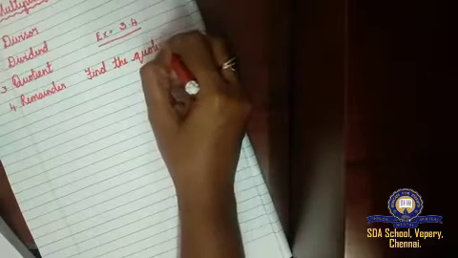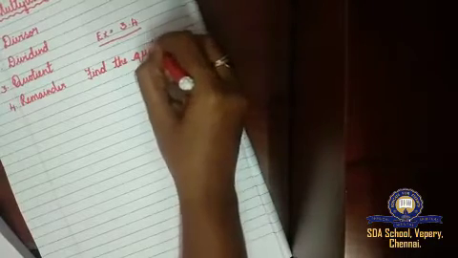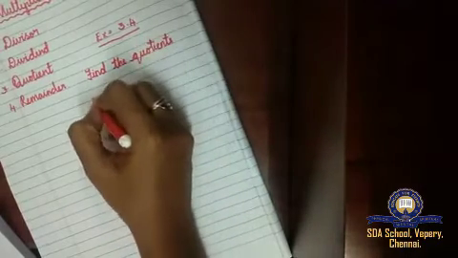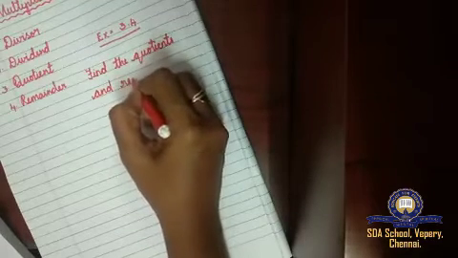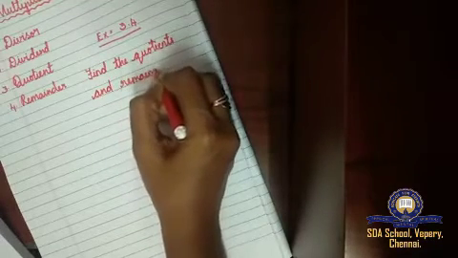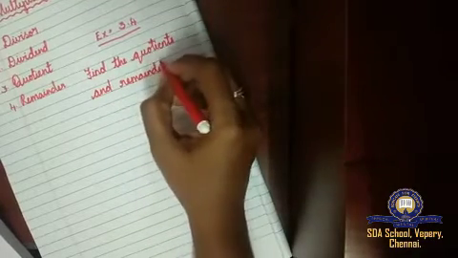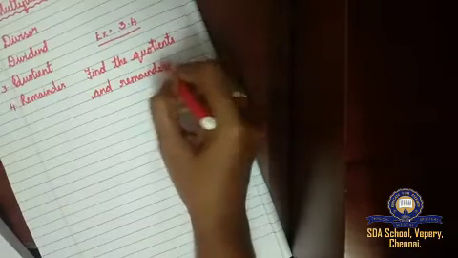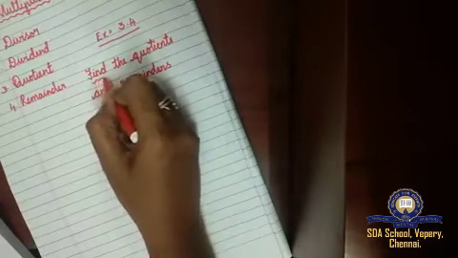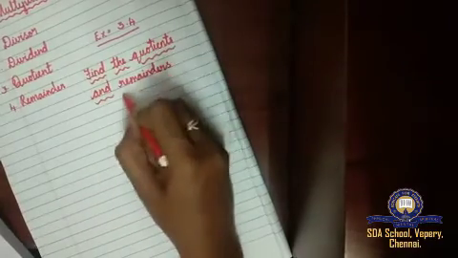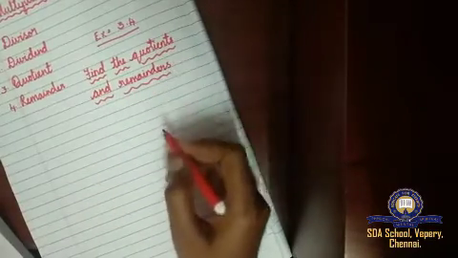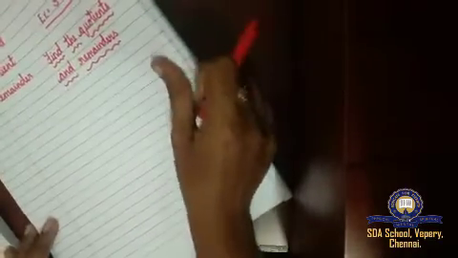In page number 32 you have exercise 3.4. In the first exercise they have given: find the quotients and remainders. So the first question is